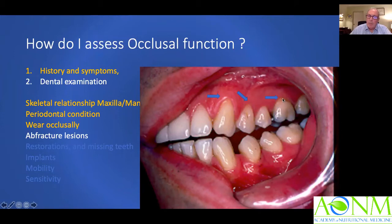They relate directly, as my good friend and mentor Michael Kader showed in a presentation, an absolute 100% relationship between the bite forces and the abfraction lesions. And where we were always taught it related to toothbrushing, he would always say, how do you get site-selective toothbrush abrasion? How do you brush this one harder than this one and not get an abfraction there? So it's a compelling argument,